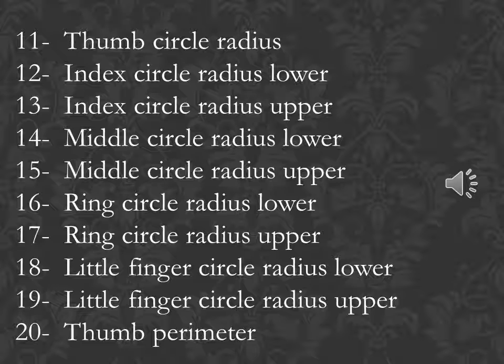Index circle radius upper, 14. Middle circle radius lower, 15. Middle circle radius upper, 16. Ring circle radius lower, 17. Ring circle radius upper, 18. Little finger circle radius lower, 19. Little finger circle radius upper, 20. Thumb perimeter,